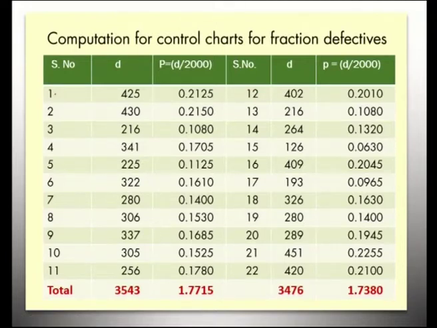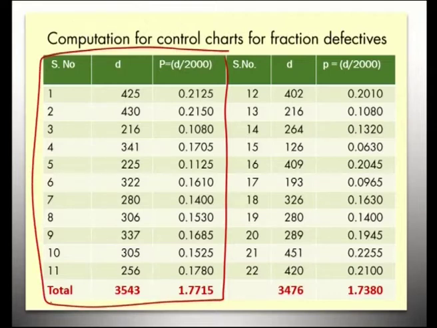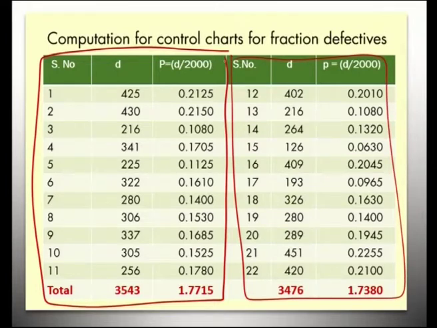The tabular column is divided into two parts, for the first 11 items and then for the second 11 items, that is 22. So sample number is 1, 2, 3, etc. up to 11, and then it continues as 12, 13, 14, 15, etc. up to 22. Di values as given in the question are 425, 430, 216, 341, like that up to 22 values, it is 420. Now this Pi is 425 divided by 2000 is